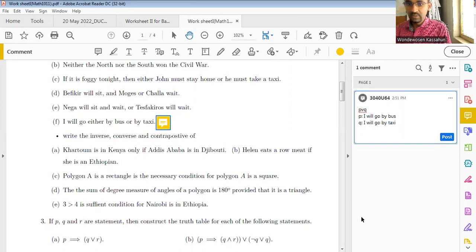So now the statement is P or Q, I'll go either by bus or by taxi. But we know that P or Q is equivalent to, do you have the notation here? Equal, but assume this is equivalent, not equal. Okay, this is equivalent to